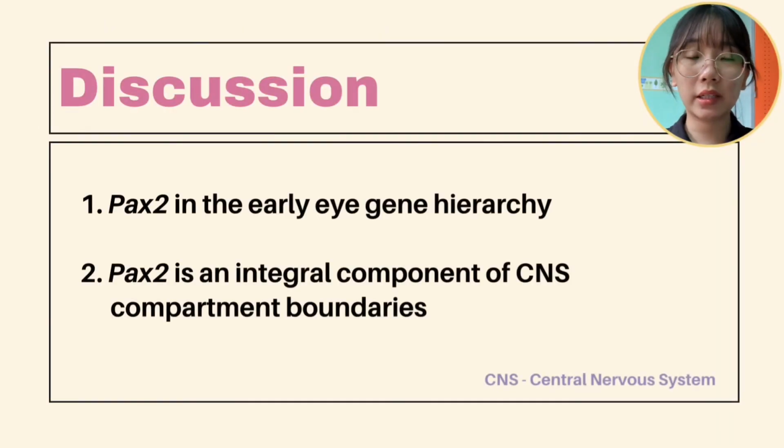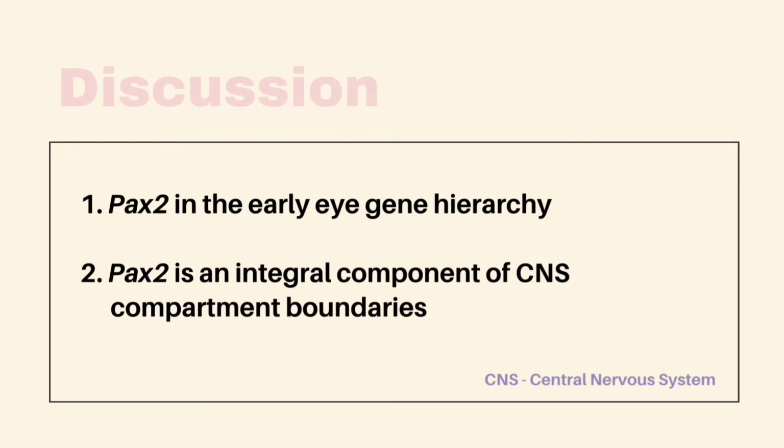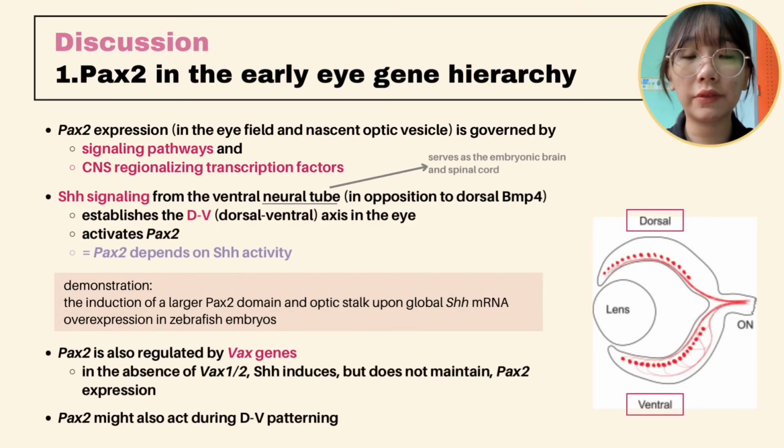Now I'm going to explain the discussion part of the article, and it is composed of two parts. First is the PAX2 in the early eye gene hierarchy, and the second is the PAX2 as an integral component of CNS, central nervous system, compartment boundaries. PAX2 expression in the eye field and nasal optic vesicle is governed by signaling pathways and CNS regionalizing transcription factors. One of the signaling pathways, SHH signaling, comes from the ventral neural tube, where the neural tube serves as the embryonic brain